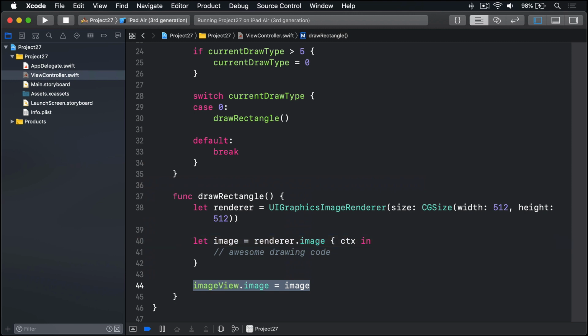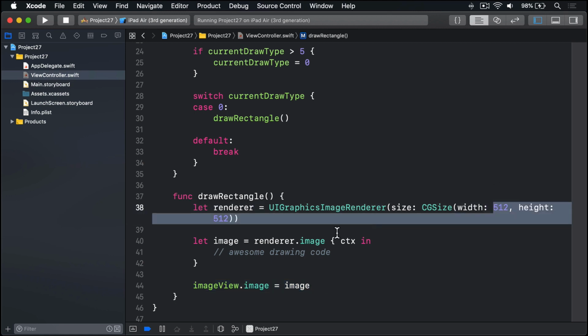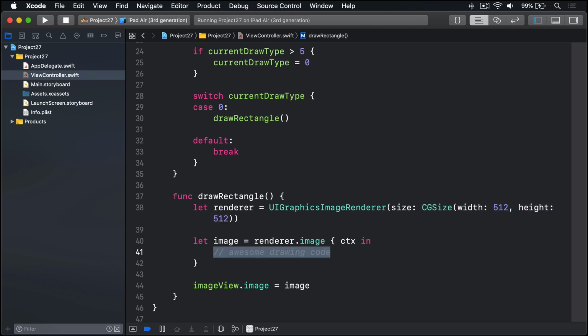Now one thing that UIGraphicsImageRenderer does for us is automatically take advantage of scale for Retina and Retina HD devices. So when we say we want 512 by 512, that's points, not pixels. So it'll be 2x or 3x that for various devices for iOS. So the next step now is to replace this "awesome drawing code" comment with some actual code that draws our